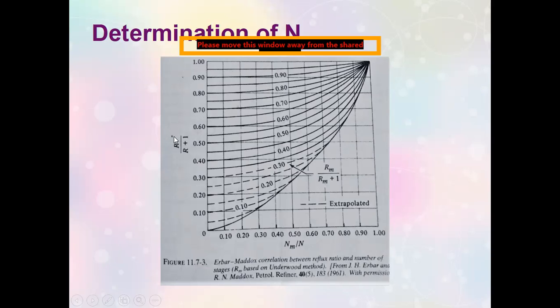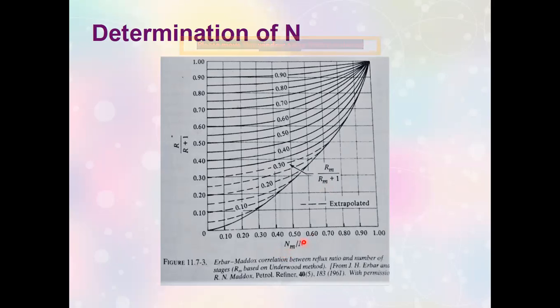But in most problems, it's just simply referred to as the reflux ratio. In order for you to determine the theoretical number of stages N, the N that you are seeing here, you need to know three things: the minimum number of stages, the minimum reflux ratio, and the reflux ratio. Of the three, oftentimes, based on my experience, the reflux ratio is provided in the problem, whereas the minimum reflux ratio and the minimum number of stages, you are to determine yourselves.